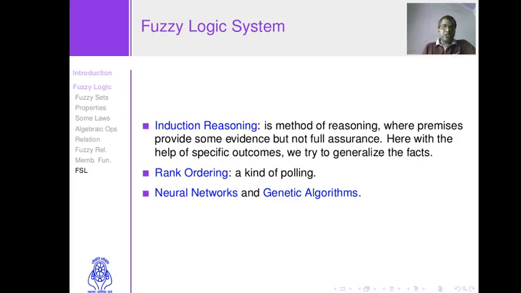because based on three statements, based on some specific incidents, I have tried to generalize things. I have derived a general statement from two or three specific statements. So here the conclusion is a probable conclusion, a probable statement. It cannot be said with full assurance. So this is the difference between inductive reasoning and inference.